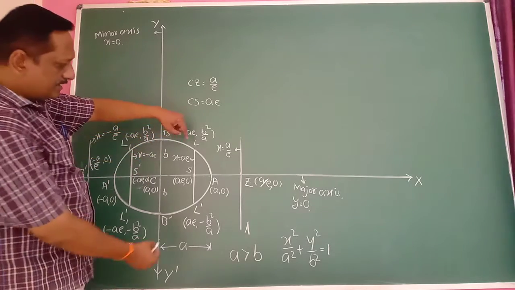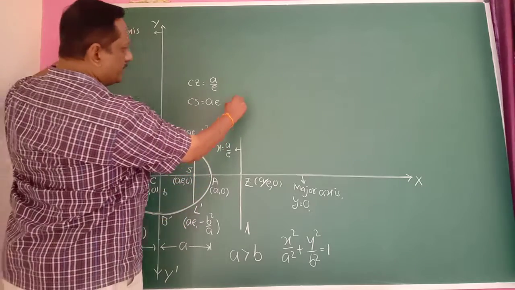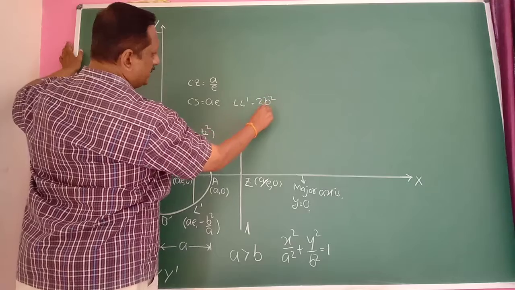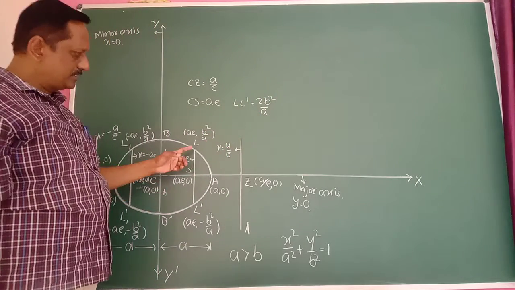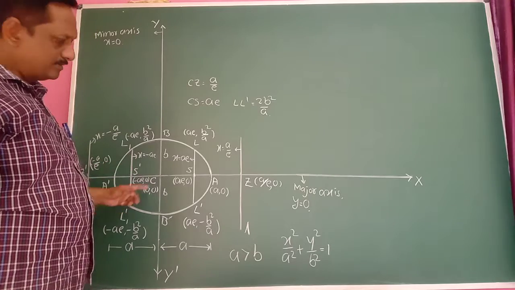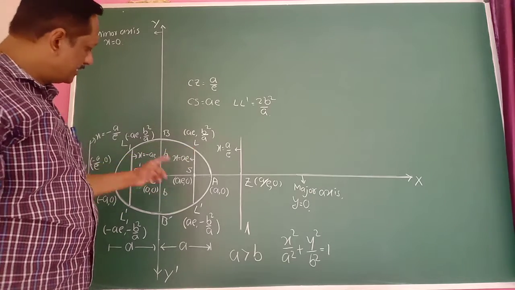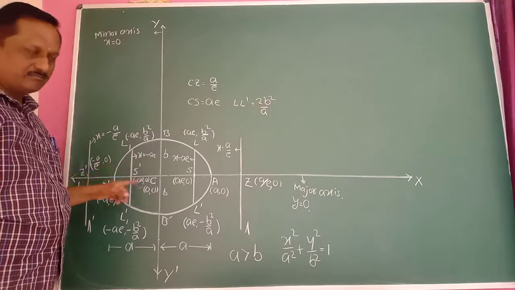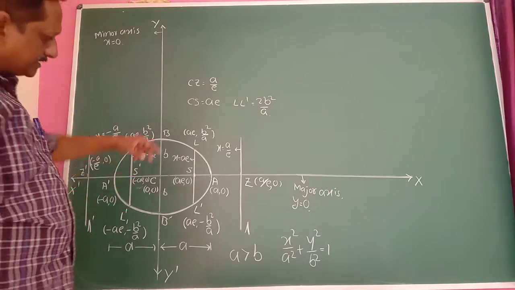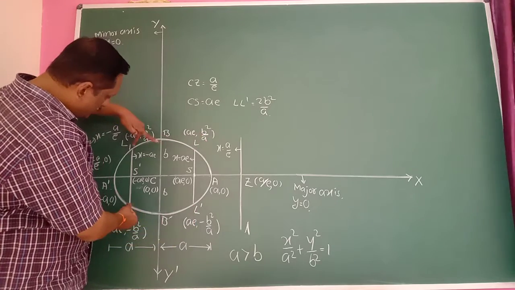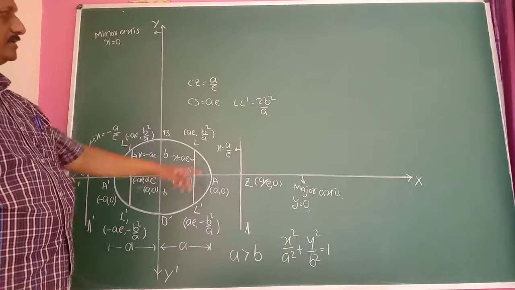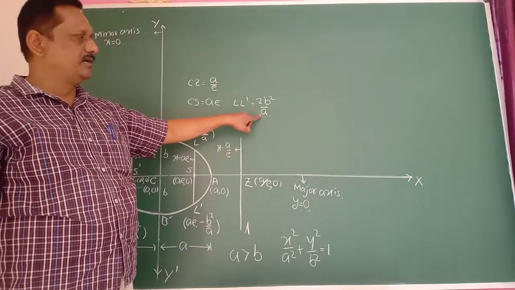And the length of the latus rectum here, you already proved, L L dash is 2b square divided by a. So this length is L L dash. Even this also, L1 L1 dash. Both are similar here, because the diagram is symmetrical about the x-axis as well as the y-axis. These two distances are the same, these two heights are the same. Therefore, its length is 2b square divided by a.